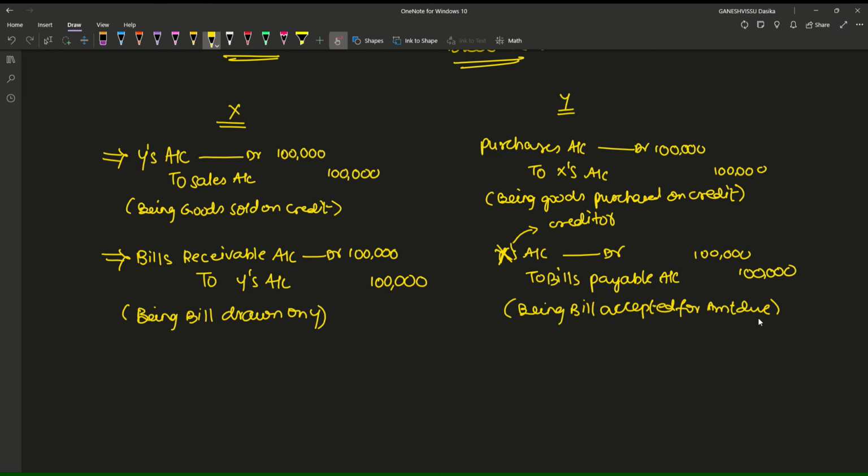If in the question narration is not required, then there is no requirement of general narrations also. So these are the main transactions which X and Y would be recording here. X is a drawer and Y is